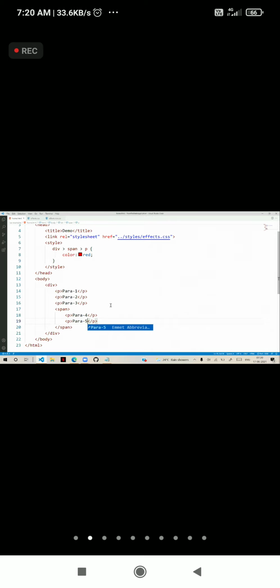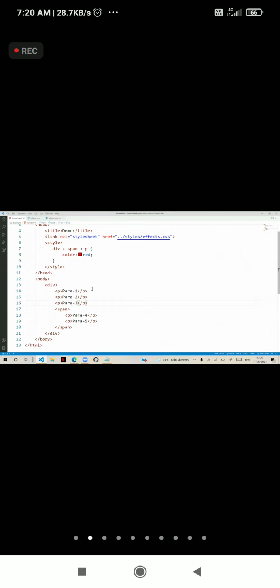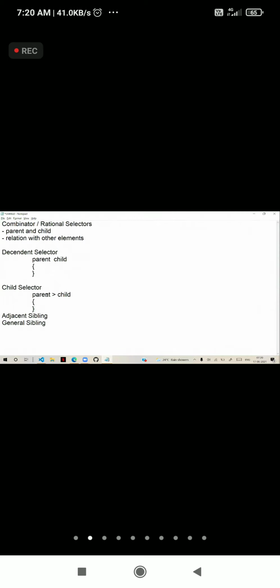Now it is going to apply for both of them because they are present as children inside this span. So if you want to apply to direct child, then we can define this greater than. So space will apply to all. So that is the descendant selector and the child selector.